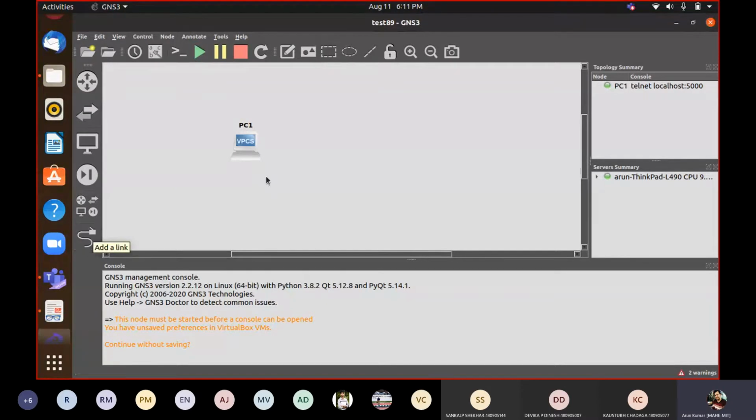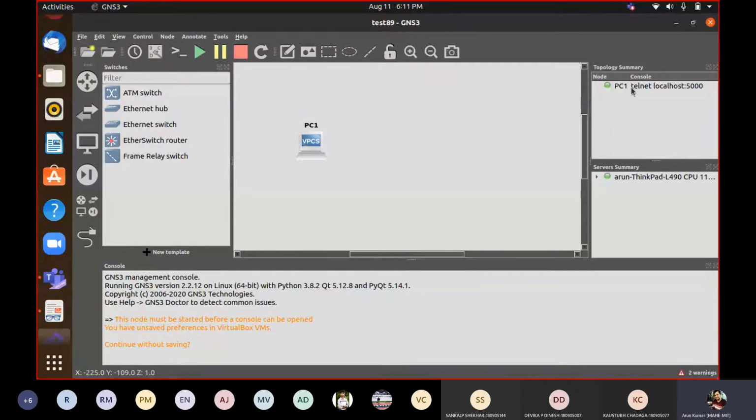Here you can see, in this box it will show you the topology, means whatever you will include. Suppose I have included this, so it is showing me its status that it is on, and it is telling me some name of this PC connected through telnet to the local host. Suppose I am including any other hub also, and one more device I am including. Whatever you will include, that information you can see here also.